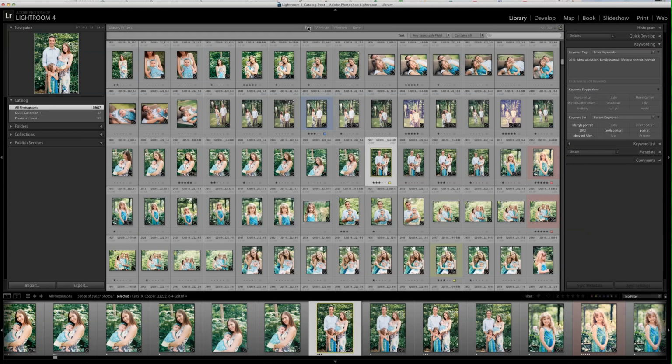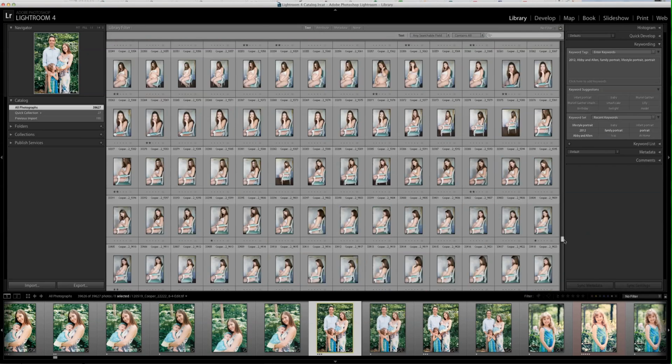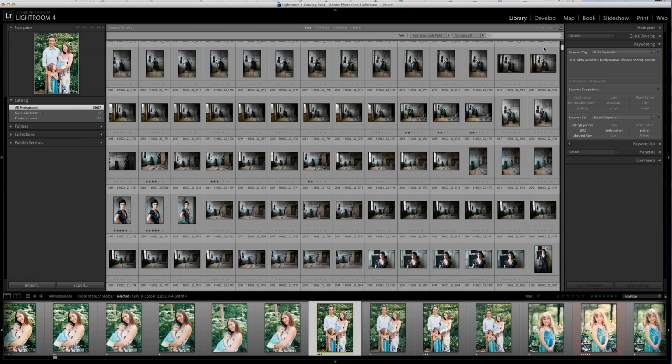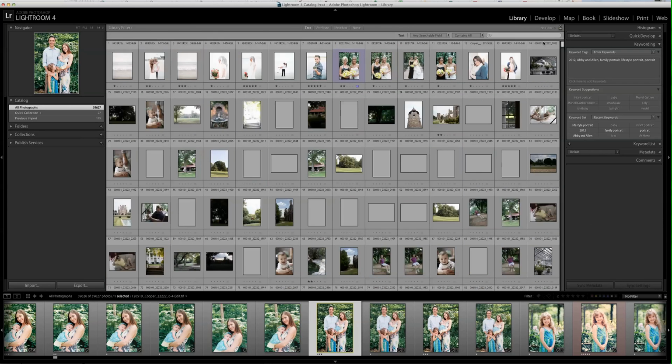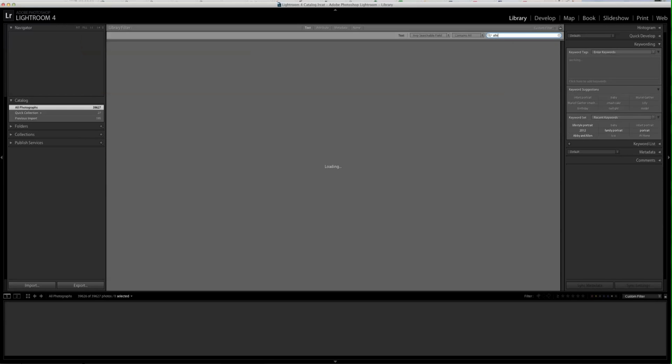So if I'm way down here in another group of images, and I really want to find Alan and Abby, I don't want to have to sift through every single image that I have. So I'm going to go up here and key in